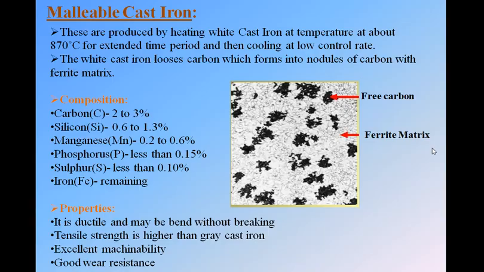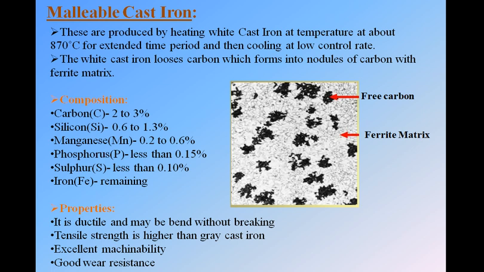Okay, next, malleable cast iron. See, this is produced by heating white cast iron at a temperature of about 870 degrees Celsius for an extended time period and then cooling at a low controlled rate. Means malleable cast iron is formed from white cast iron by heating the white cast iron up to about 870 degrees Celsius for some time, and then we cool that heated white cast iron